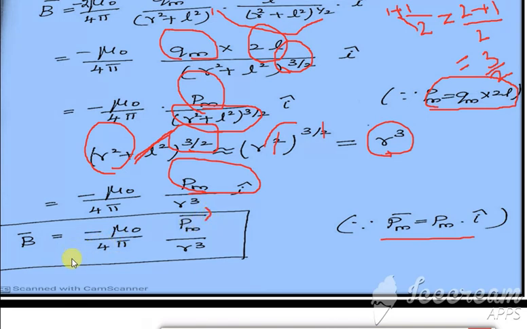Yes, so this gives the value of the magnetic field along the equatorial line. This is a very important question, as it can be asked as a 5 mark question. So axial and equatorial line are very important questions. So just go through this and write it.